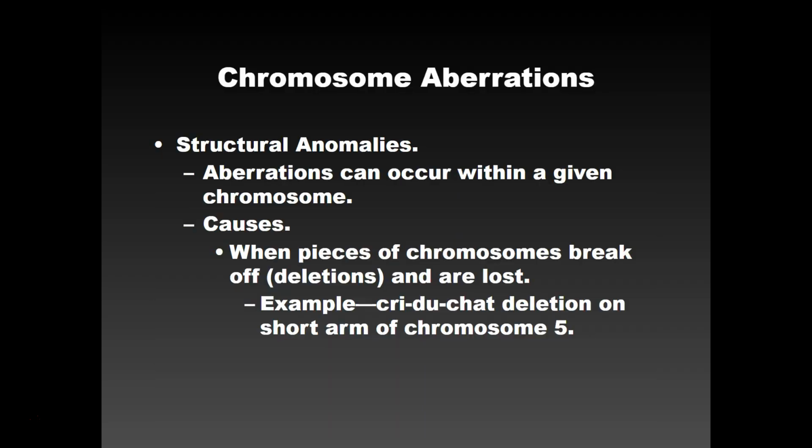I'm just going to gloss over that. So you can have other chromosomal abnormalities within the chromosome itself. You can have things like deletions, duplications, and transversions happening as well. A deletion is obvious, just a little piece of the chromosome is removed and deleted. A translocation would be taking a piece of the chromosome and moving it somewhere else. And a transversion would be taking a piece of the chromosome, flipping it upside down, and putting it back. An example of one of these would be cri-du-chat, which is a deletion on the short